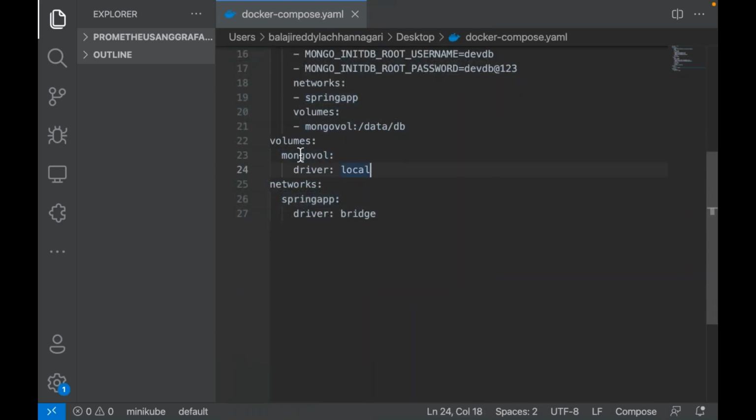We have one more option here. I don't want these volumes to be created by compose. I don't want these networks to be created by compose. Outside of the compose, there is one option here, external: true. External true means, if I don't have these volumes and networks already available, since I'm defining external true, is